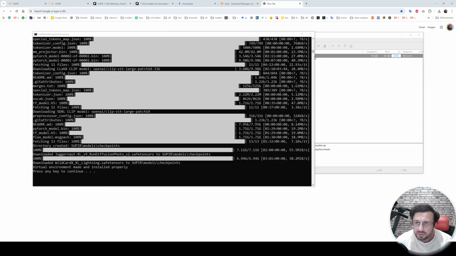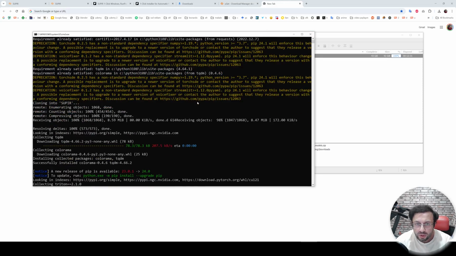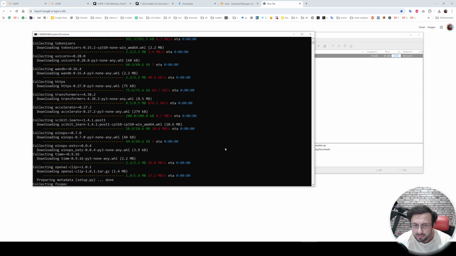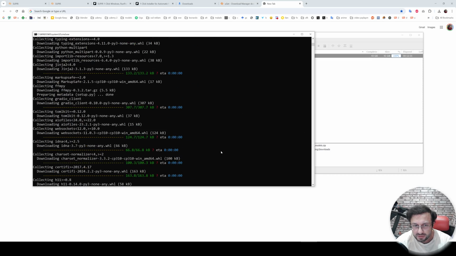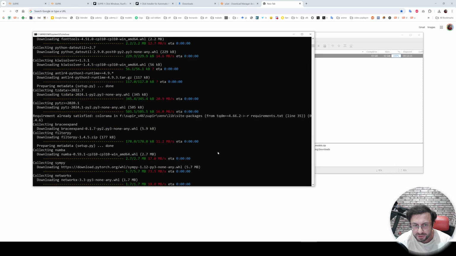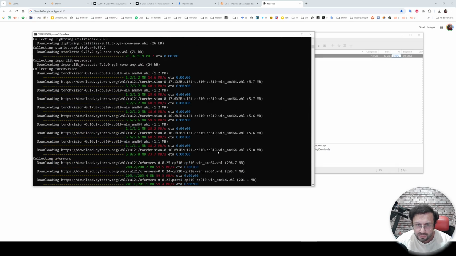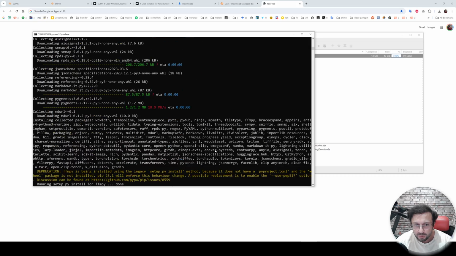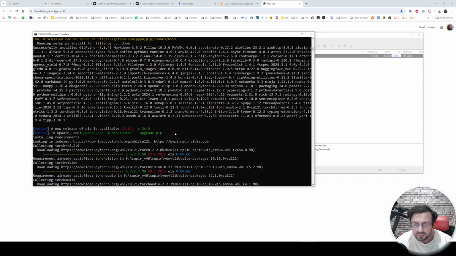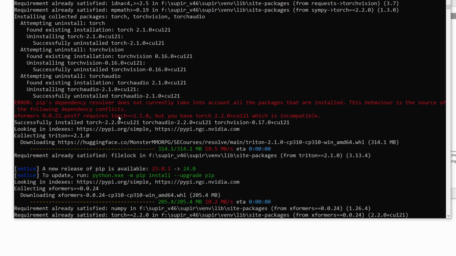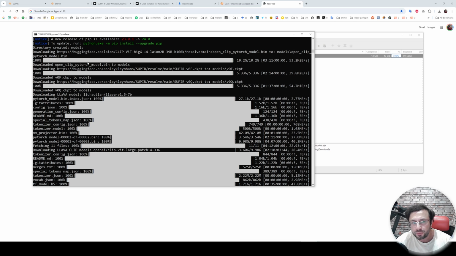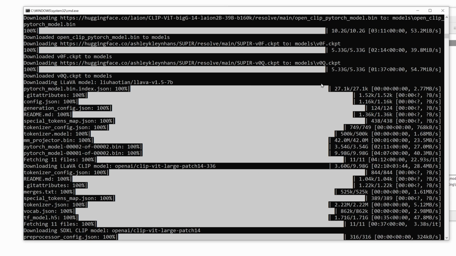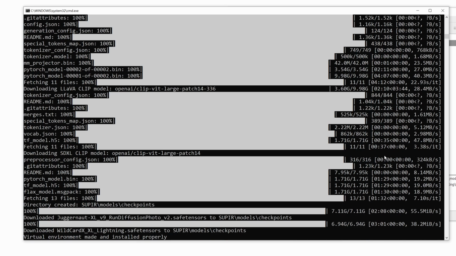However, before closing this window, I suggest you look through all of the messages like this, as you are seeing right now. I am going to show you the entire messages right now. As I am moving, I am checking whether there are any errors or not, because it is important to verify everything is installed accurately. You will also get this error. Don't worry, the installer is fixing this error afterwards. And also this part is super important. Verify that every model is accurately downloaded, as you are seeing right now.